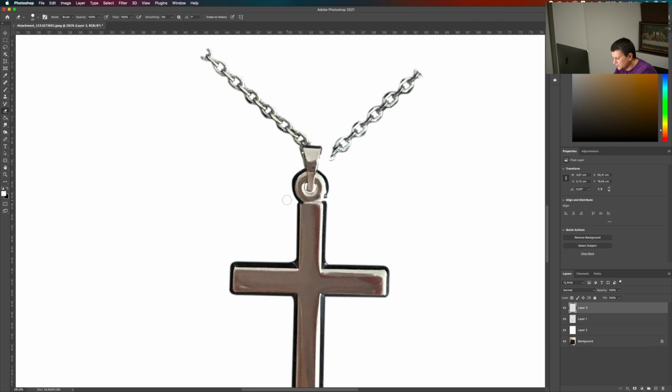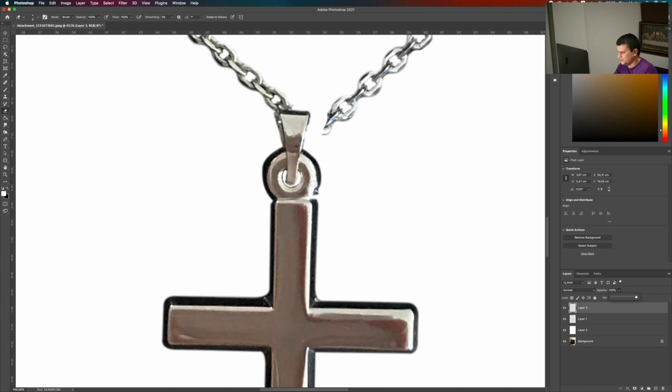Like this, press OK. Now with the eraser tool, let's lower the opacity so that we can see what we are doing. We will just erase here. Increase the opacity, maybe like this. Now the part here, just grab the clone stamp tool, and by pressing the Alt key, just sample.